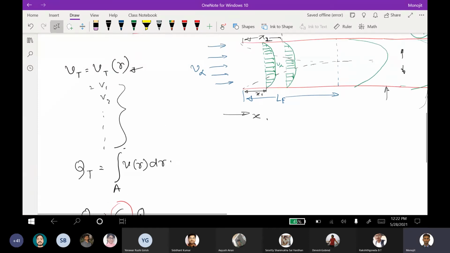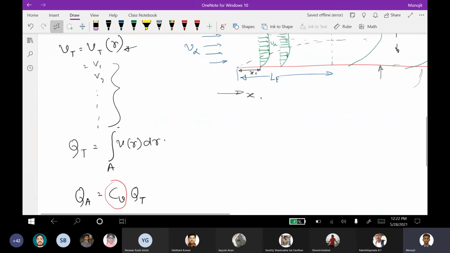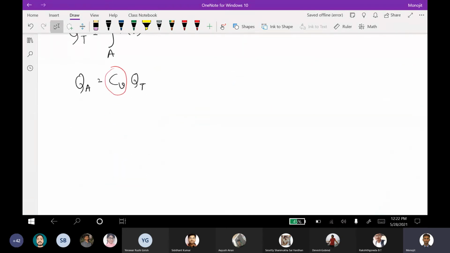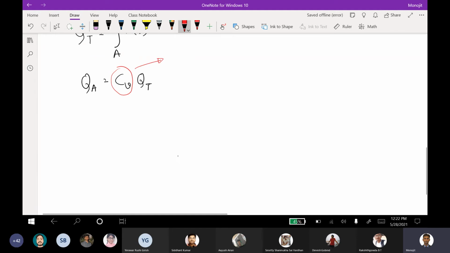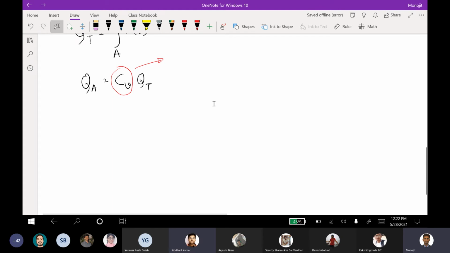I can tell you one or two, but the rest you can think about and write in the report as a conclusion, like this can be the cause of the difference. So ideally, if your Pitot tube is working in a very perfect way, what should be the value of this CV? 1. And in the actual case, should it be greater than 1 or less than 1?